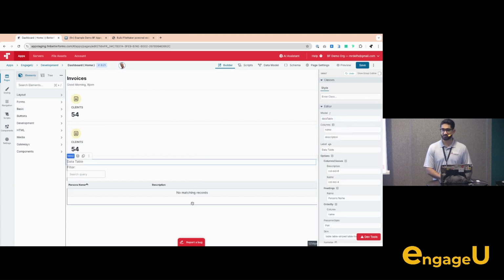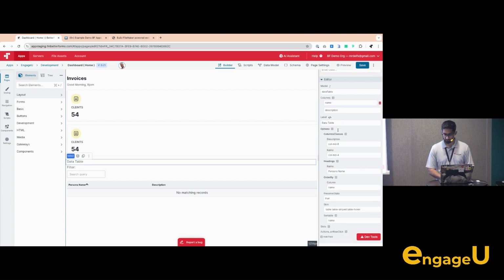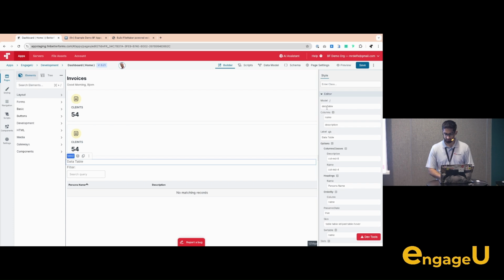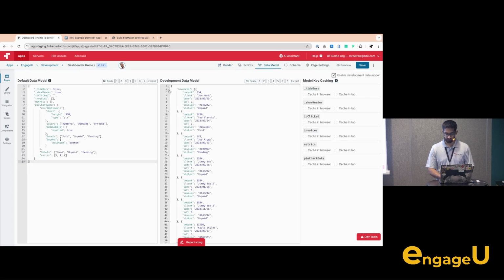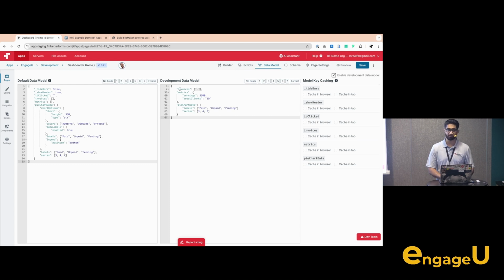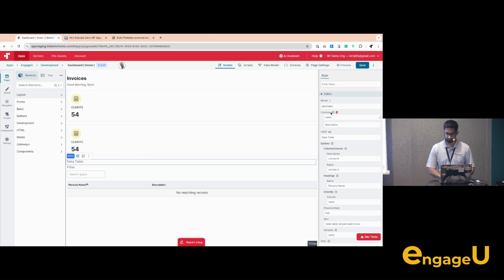And now we need to hook up this table. So with BetterForms, with this drag and drop over here, hooking up the table is fairly simple. On the side over here, we give you all the stuff that can go into the table. So all we do here is, if I look at my data model, this is just some data over here, what it would look like when you pull from FileMaker. We have invoices over here, and we'll just be pulling invoices from FileMaker. So we can just change this to invoices,